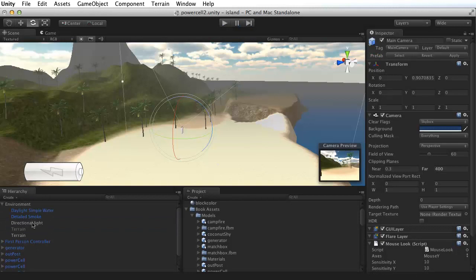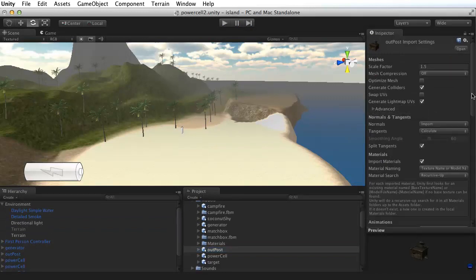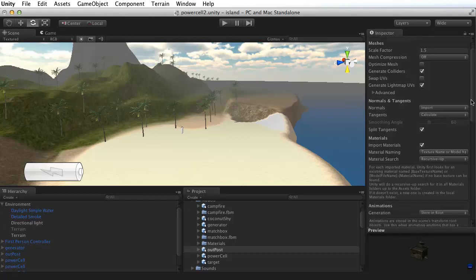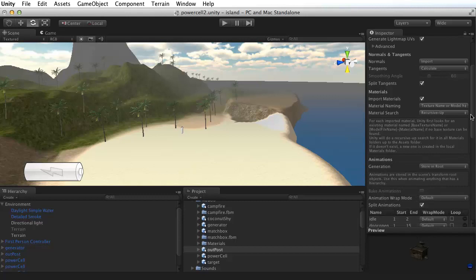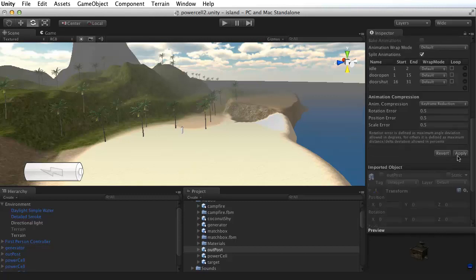So to do that, what I'd like you to do first is come over to your project window and go down into the Book Assets Models folder and select your Outpost object. Then over in the inspector, we're going to click the box that says Generate Light Map UVs. This will make it so that the outpost is able to be used in our light mapping tool. Once you've selected that in the project window, then go down to the Apply button, click Apply,